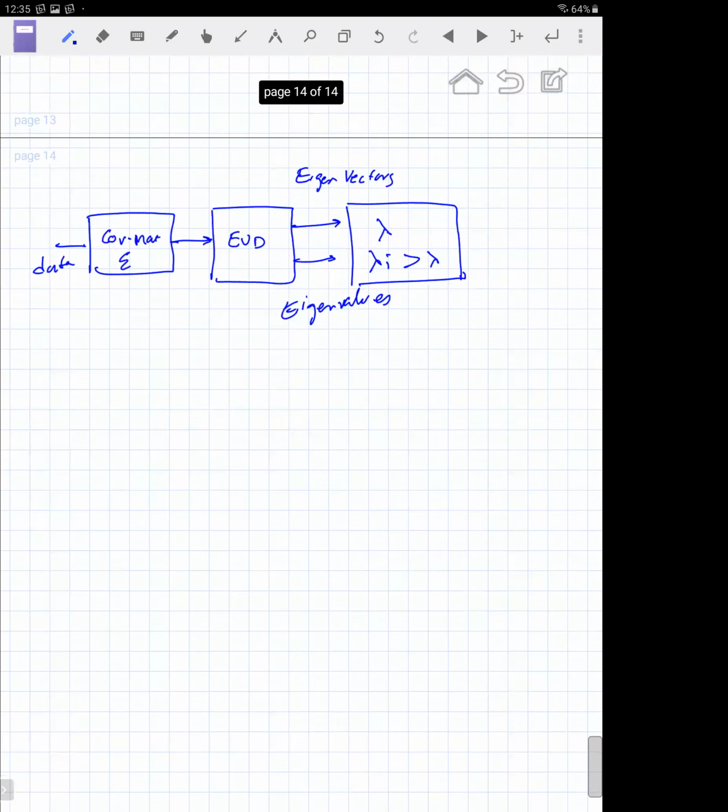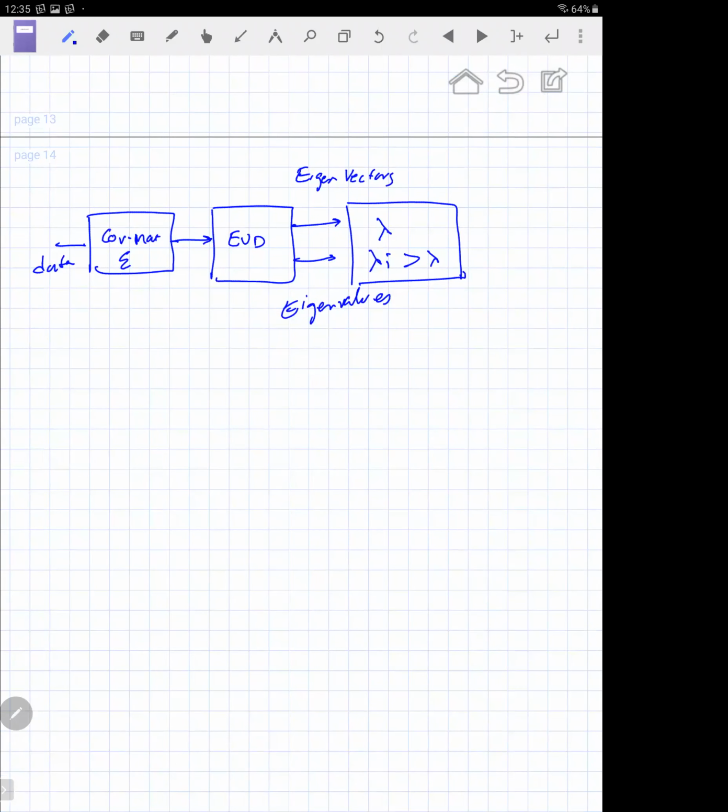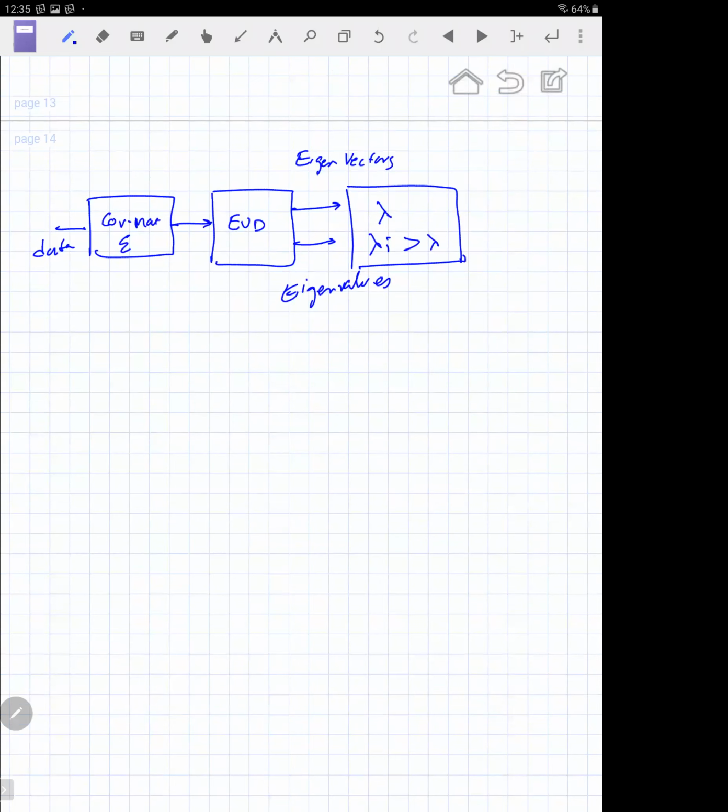So each eigenvector corresponds to a certain eigenvalue. So when I decide to throw away a bunch of eigenvalues because they do not have discriminative power, I throw away the eigenvectors associated with them, right? So then now I have a smaller set of eigenvectors. Let me call it E hat, and a smaller set of eigenvalues called gamma hat. Okay.